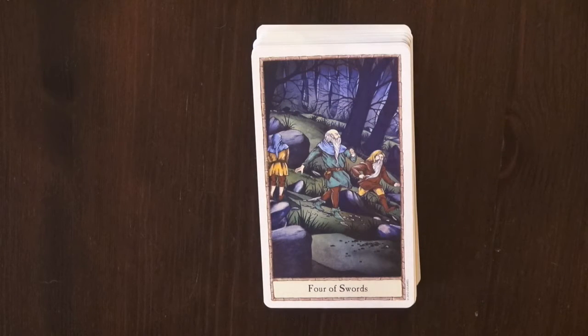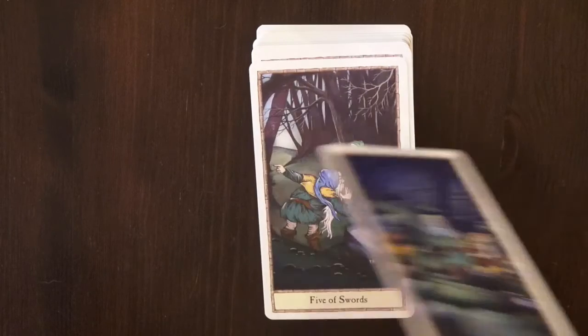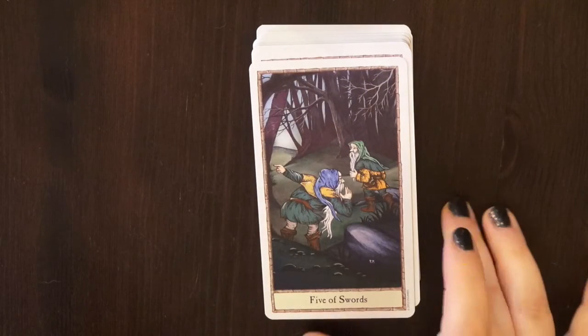Then the Four of Swords, where I thought, oh okay, so they are running. In the Four of Swords I don't want to see anybody running, but it describes how they escape from the stone trolls. It still makes sense, but image-wise I would prefer stillness in the Four of Swords. Then we have the Five of Swords,